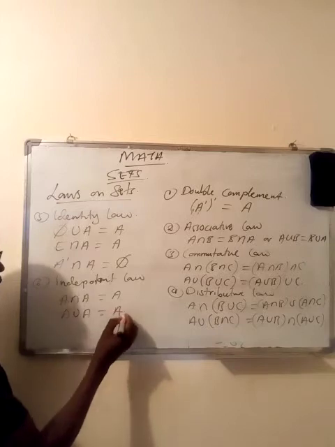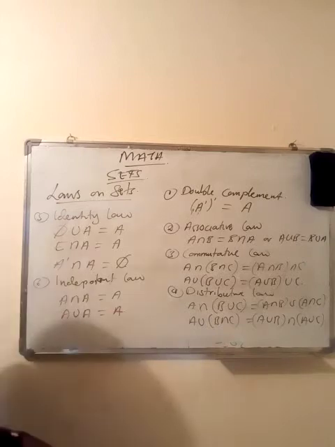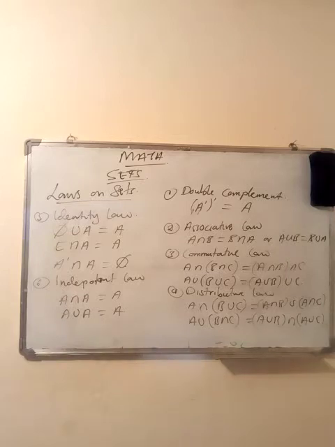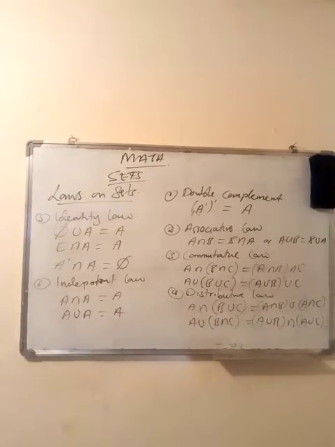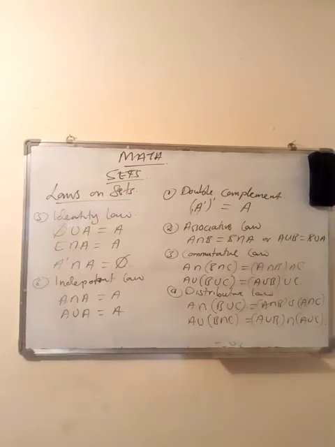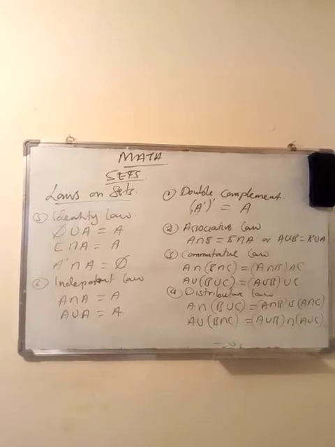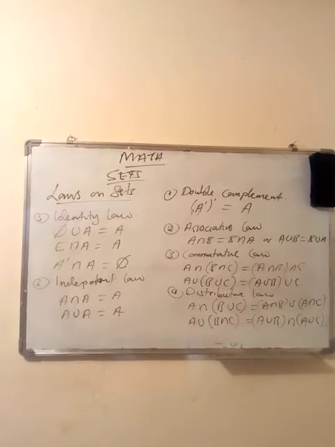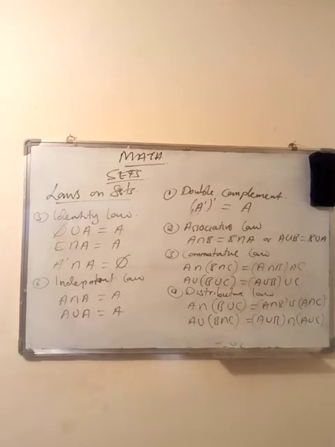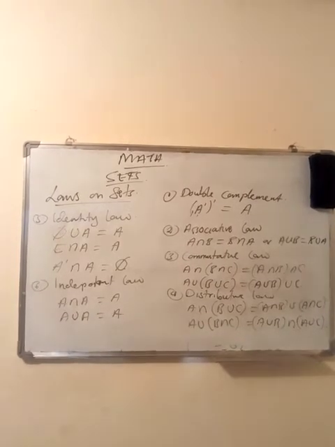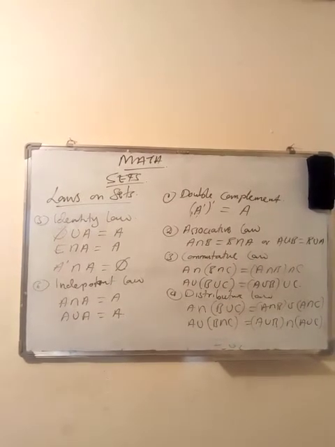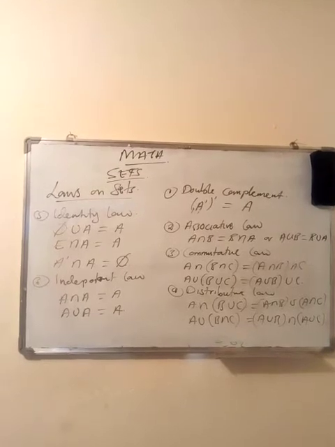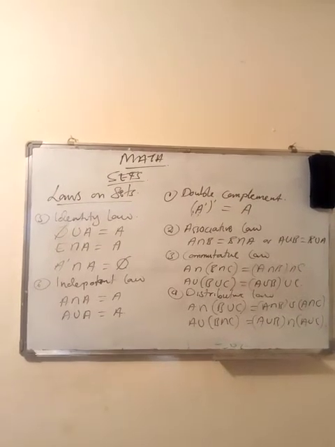Once this complement is distributed to A and B, then the sign should what? Should change. So this is going to be equal to A complement, and since there is intersection, it's going to be union B complement. Okay, A complement union B complement. Now, from there,